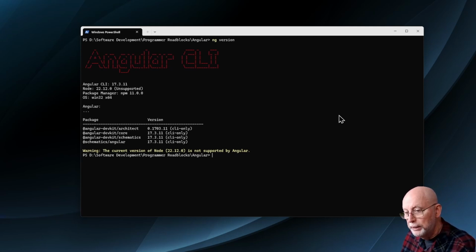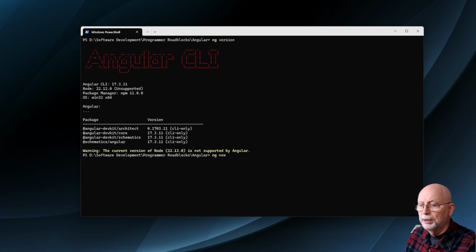If I were to create a new application, it's going to create a new folder under the folder that I'm in here, so it's Programmer Roadblocks Angular. So if I were to create a project, it would put it in there. Let me demonstrate that. ng new, and we're going to call this, actually I don't need quotes. So ng new